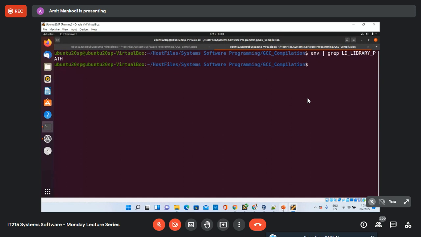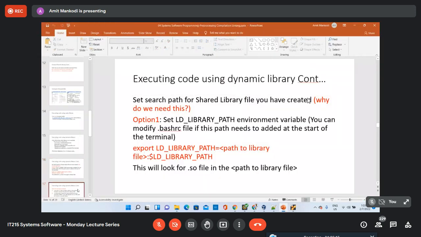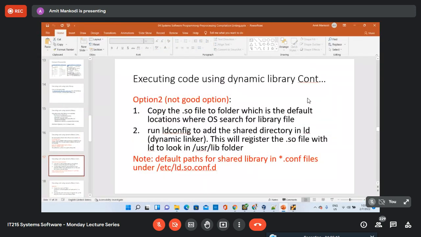So there are two solutions. The first solution is, as I mentioned, that there are standard folders where the operating system looks for the dynamic library files, one of which is the /usr/lib folder. The /usr/lib folder is searched by default by the operating system, so you can put your library there. What we can do is put our library file in this folder, and the operating system will find it.